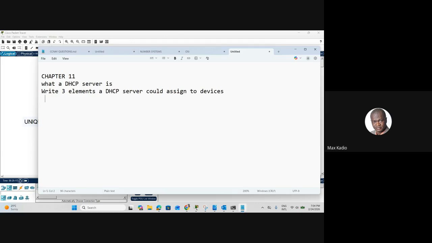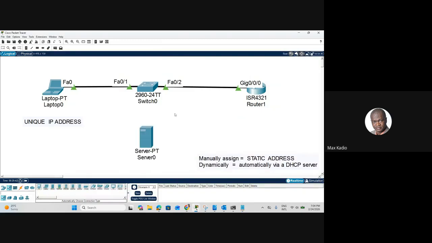So a DHCP server will assign an IP address, will also assign a subnet mask, something we're going to study also, and is also going to assign the default gateway. This is the answer. So when you have this device here, called the DHCP server,